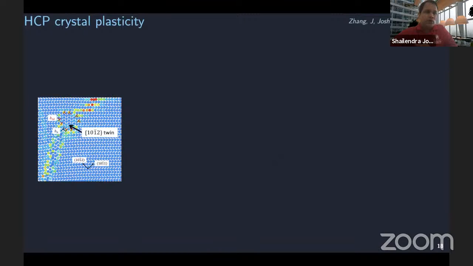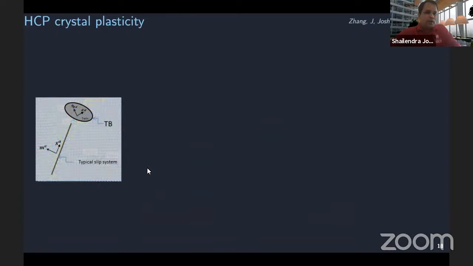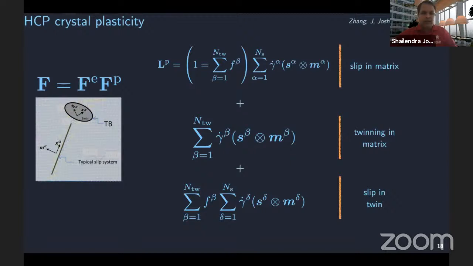What method do we use over here? We use crystal plasticity. So if you take a typical snapshot of an atomistic viewpoint of an HCP single crystal, what you see is there are slip mechanisms, there are twins that are developed, and if you smear them out using crystal plasticity, you talk about twin systems and slip systems, and we put them in the finite deformation plasticity context by multiplicative decomposition of the total deformation gradient, F = FE FP, which then allows us to write the plastic velocity gradient as a contribution that comes via slip in the untwinned region.